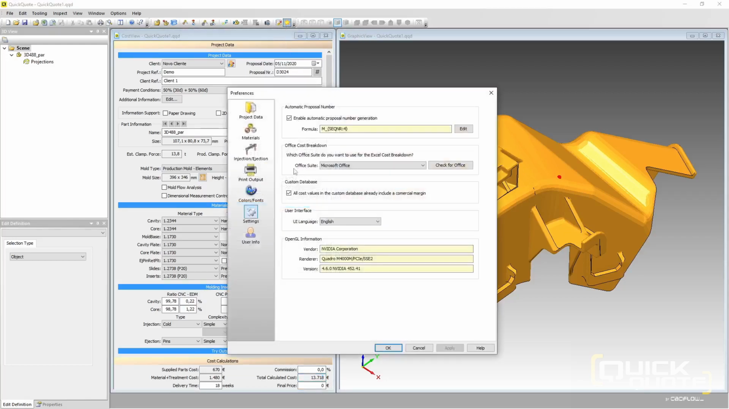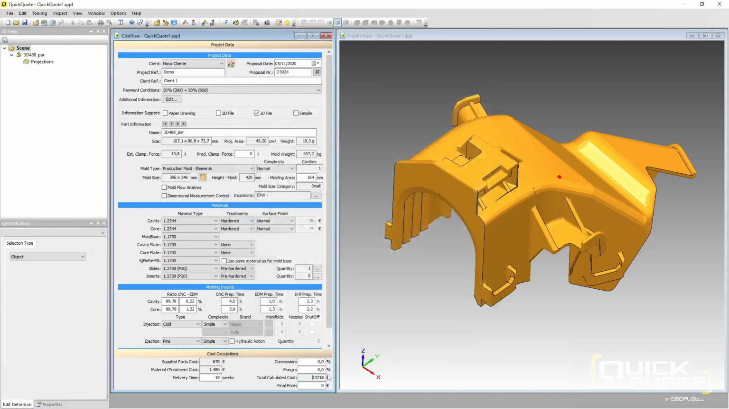The second approach requires changing the default option by opening Preferences, Settings, and then checking the option All Costs. Values in the custom database already include a commercial margin. We should hit Apply, and as you can see, a new field named Margin appears down here, and we just need to click inside the white rectangle and enter a certain value that will be added to our total calculated